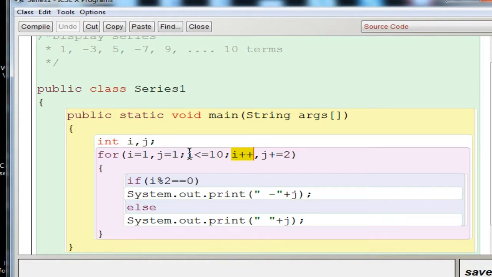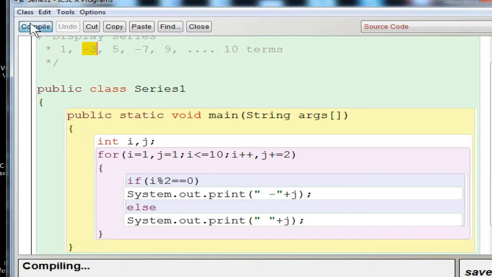Now you check the condition, 2 less than or equal to 10. Yes, it is true. So it enters the loop body, and then it checks if 2 modulus 2 equal to 0. It is divisible, so it will be true. Since it is true, it displays the j value, that is 3, with the negative sign. So you are getting the second number. It goes on like that till the end, till 10 terms.